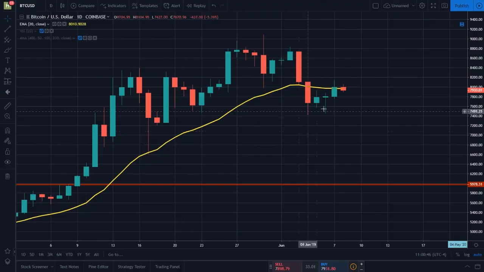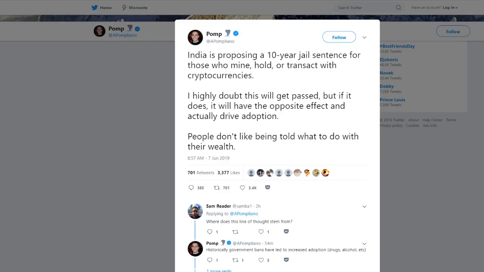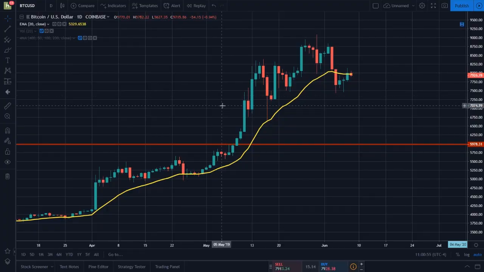So good on you for pointing that out. That is something that's been in the news lately: India proposing a ban on Bitcoin and cryptocurrencies and a jail sentence for those who use them. Guys, I don't really know Indian politics all that well. I don't think that that's going to go through, but if it does, it's obviously,